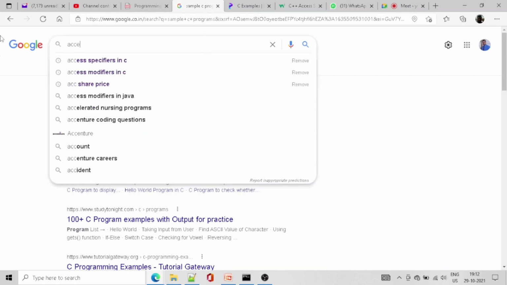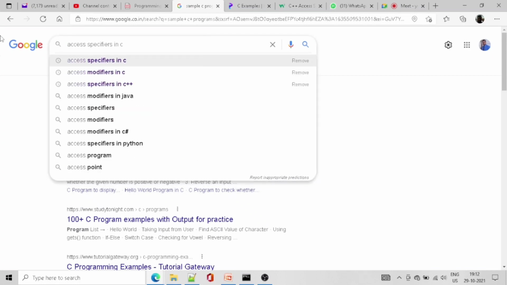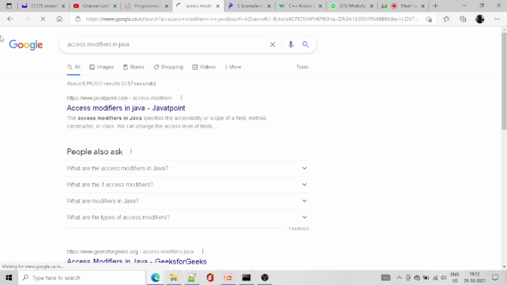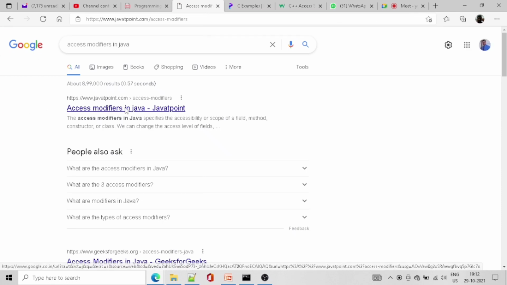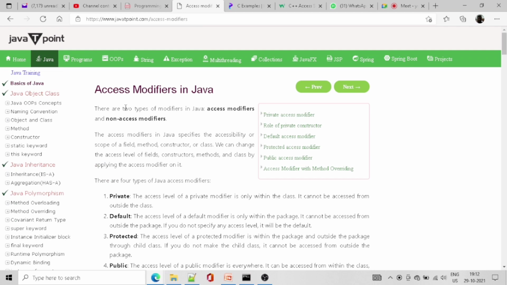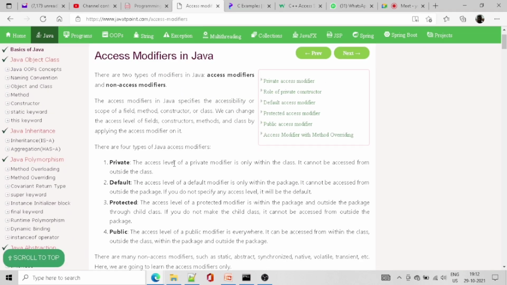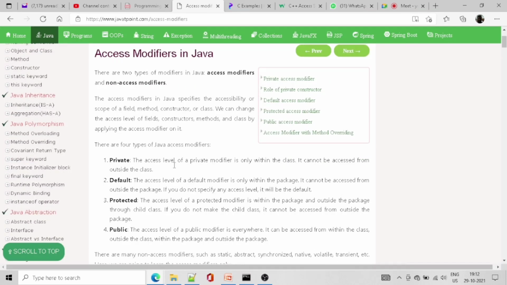So, access specifiers in Java. You can access this website, so you can know what is there. So, private, protected, public, and there is another one called default.